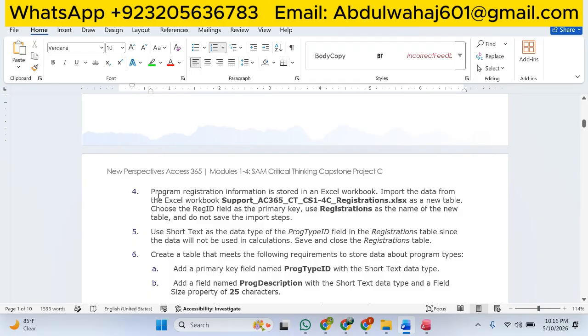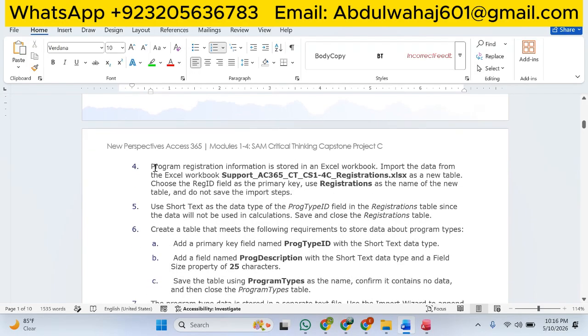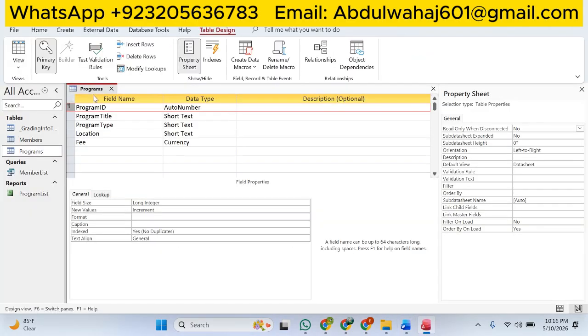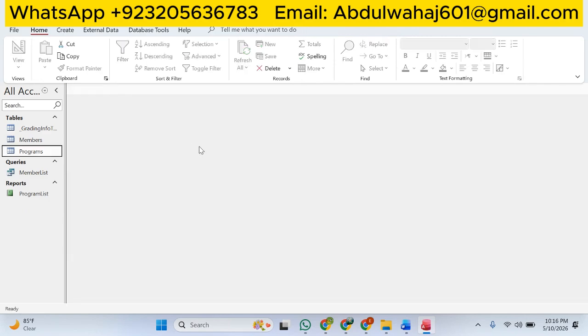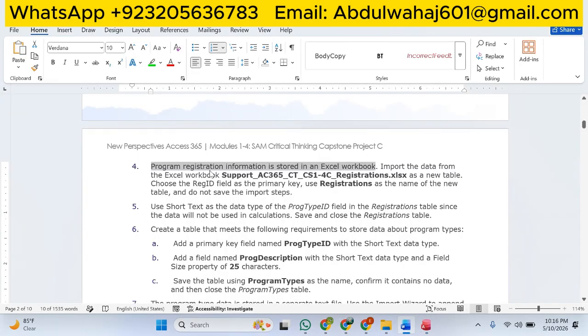Moving to step number 4, that is program registration information is stored in an Excel workbook. I'm going to close it. Import the data from the Excel workbook to a new table. Choose the registration ID as a primary key and registration as the name of the new table. Okay, so basically we are going to import data from the Excel